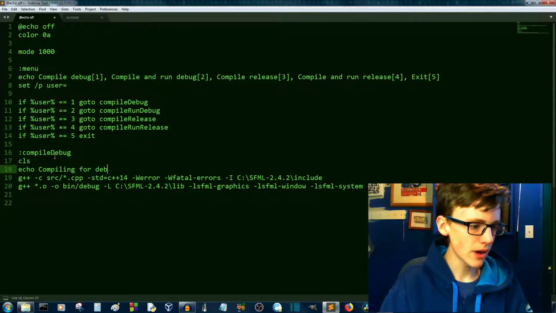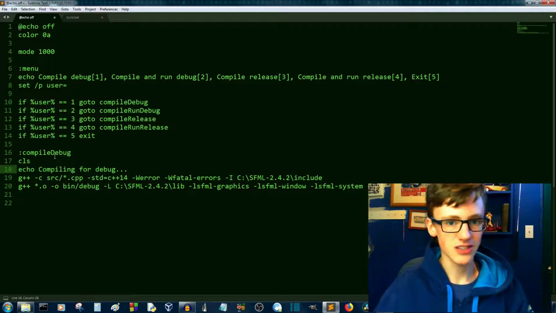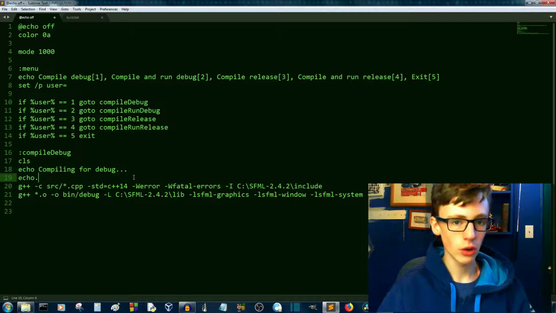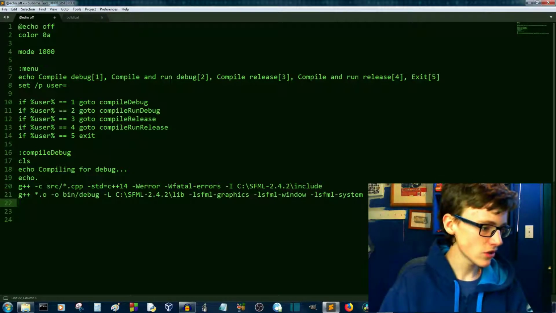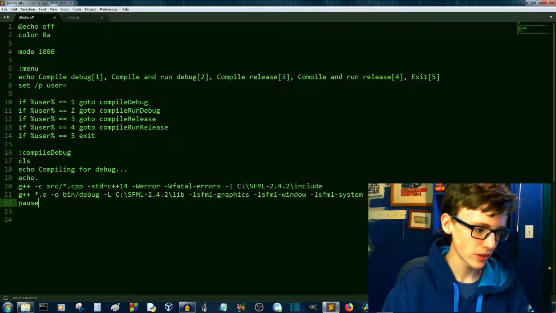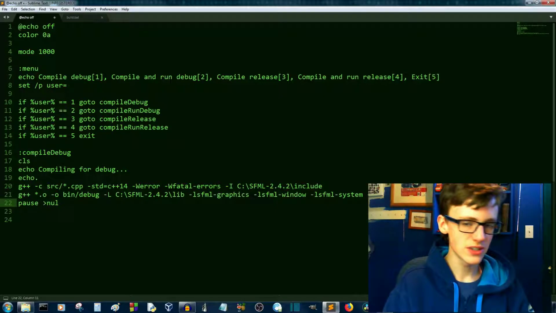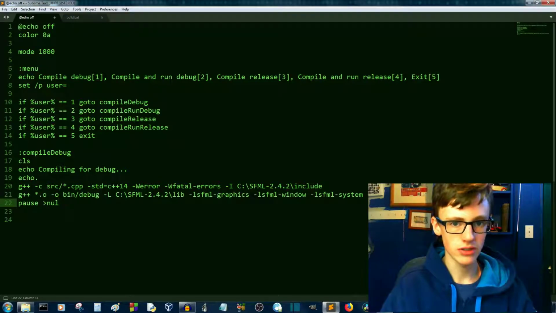for debug, and then to make it sound like we're actually working here. And let's go echo and then dot to add a new line just to make it look nice and everything. Let's also wait for some user input after this happens. Add an angular bracket and then NUL to say don't display pause to the screen, so it doesn't say press